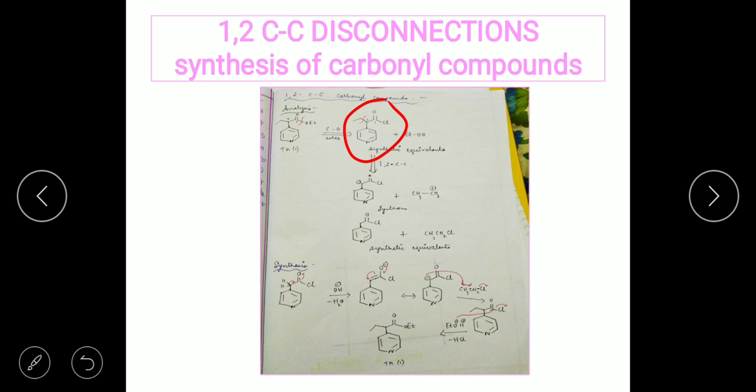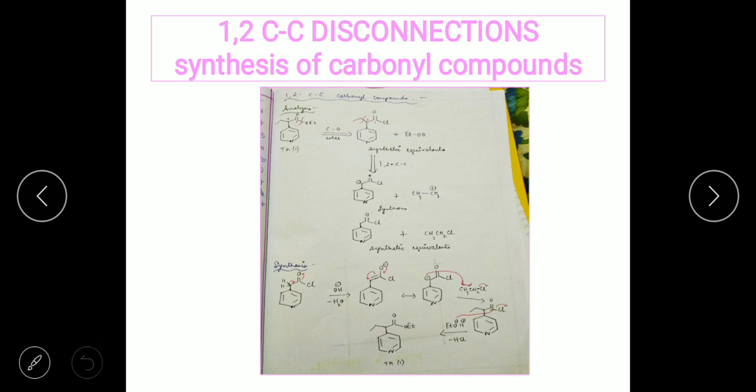Now this acyl group we can further disconnect, that is the 1,2-CC disconnection. As you can see, there is a carbonyl group here, and you can start numbering as 1 and 2, that is, the carbon bears 1 and the adjacent carbon bears 2. Next to carbon 2 we are going to do the disconnection, hence we write it as 1,2-CC disconnection. Once you disconnect, this gives rise to the synthons: an anion and the ethyl cation synthon.